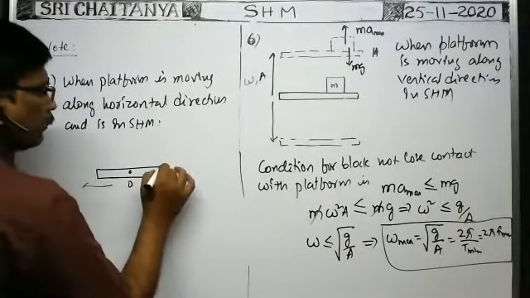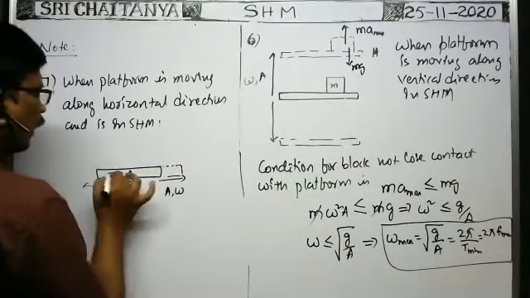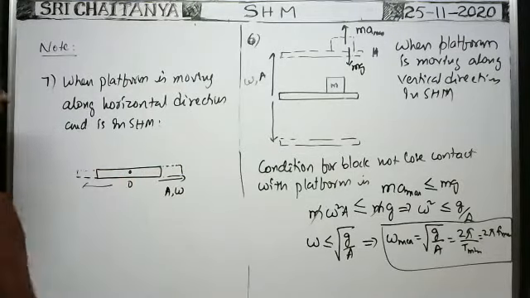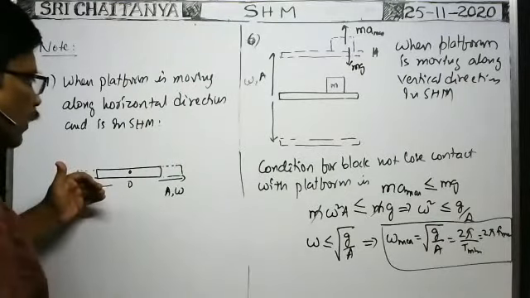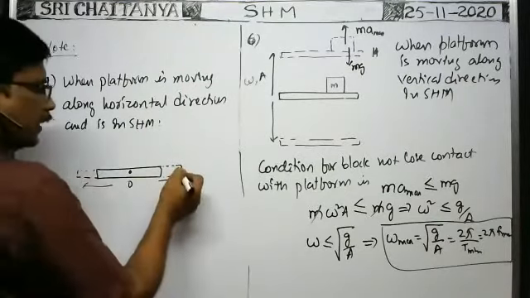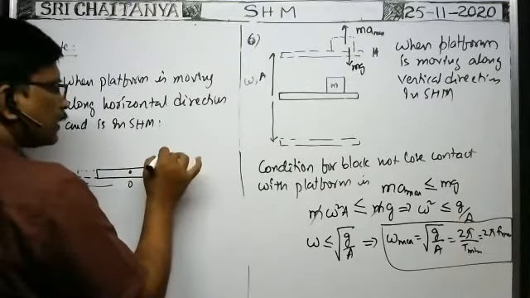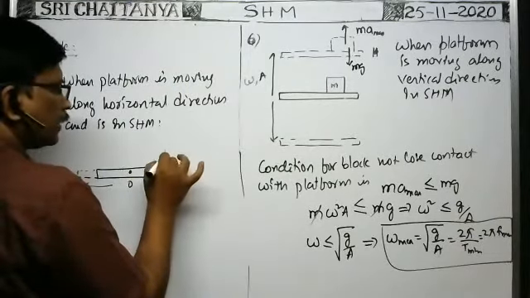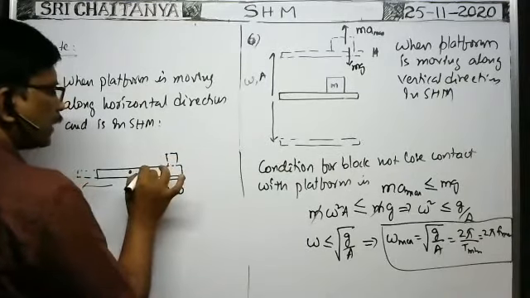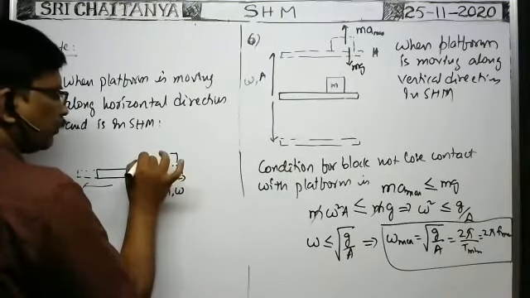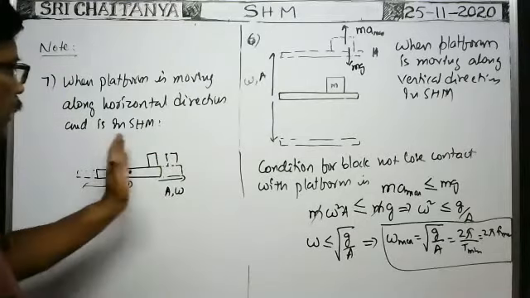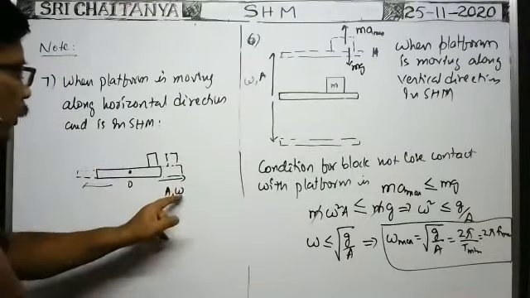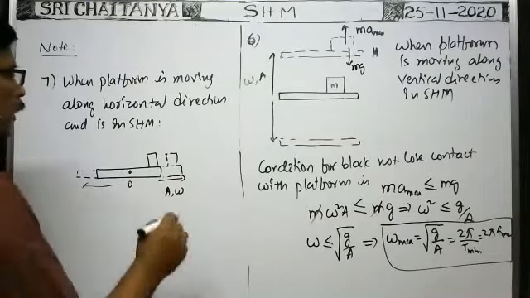So whenever the platform reaches the right extreme position or left extreme position, say the right extreme position, the block is kept on the platform. Actually, the block is kept at one end. Now when the platform starts oscillations with angular frequency omega and amplitude A, at the time it reaches the extreme position,